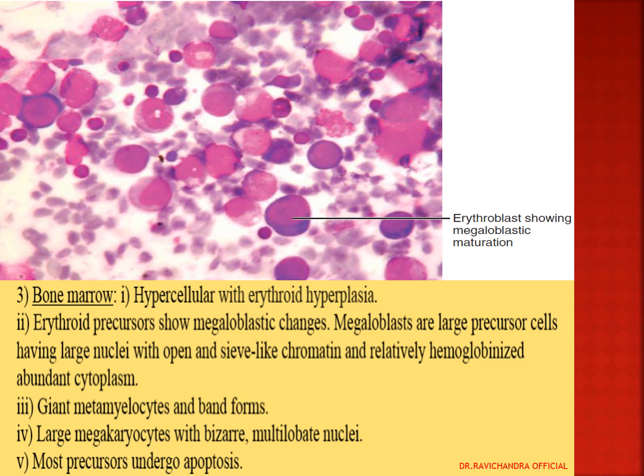There will be large megakaryocytes with bizarre multilobate nuclei. Most precursors will undergo apoptosis. To understand simply, there will be erythroid hyperplasia. Here in megaloblastic anemia, B12 and folic acid are required for DNA synthesis. As there is a problem in DNA synthesis, the cytoplasmic maturation is normal, whereas the nuclear maturation is lagging behind the cytoplasmic maturation. There will be nuclear cytoplasmic asynchrony